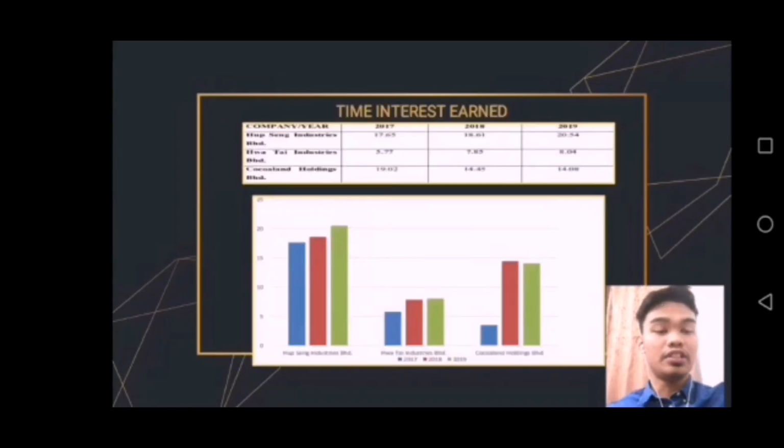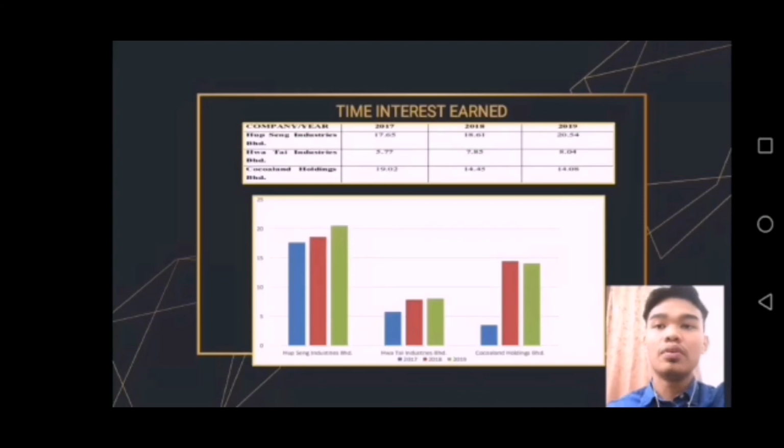The next slide that I will explain is times interest earned. Times interest earned ratio is a measure of a company's ability to meet debt obligation based on current income earned. On the graph, we can see that Hapseng Industri Sdn Bhd has the biggest times interest earned. Times interest earned for Hapseng Sdn Bhd was at 17.65 in 2017, then increased to 18.61 and increased again in 2019 to